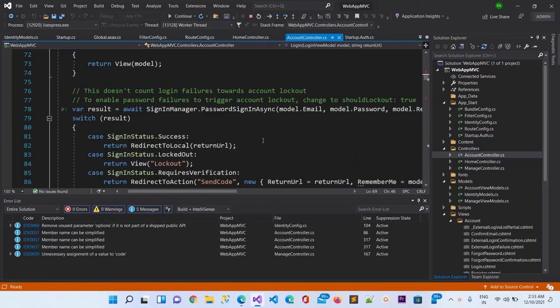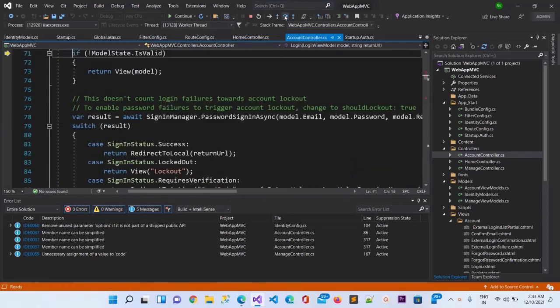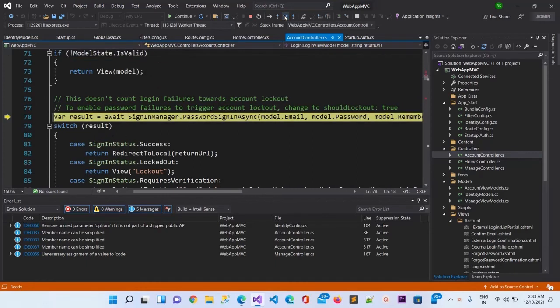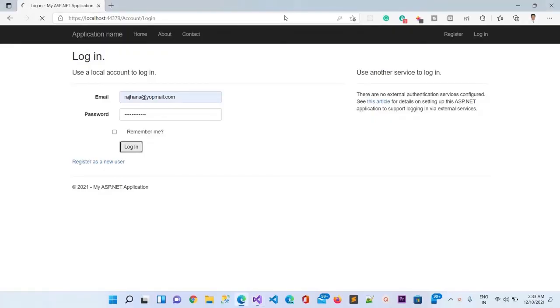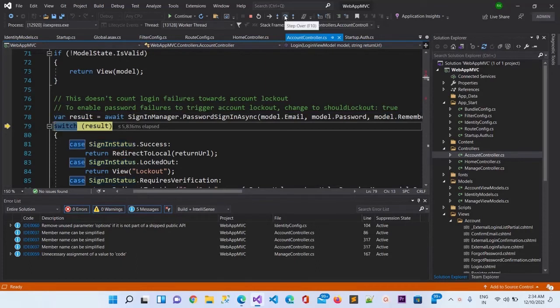Let me move step by step so that we can understand its working. It will first check the model state, whether it is valid or not. The model is valid right now, and now it will do PasswordSignInAsync with the email and password, and remember the last parameter will be false right now. Now it is connecting with the database to verify the data. You can see it has got the data, and the result is success.